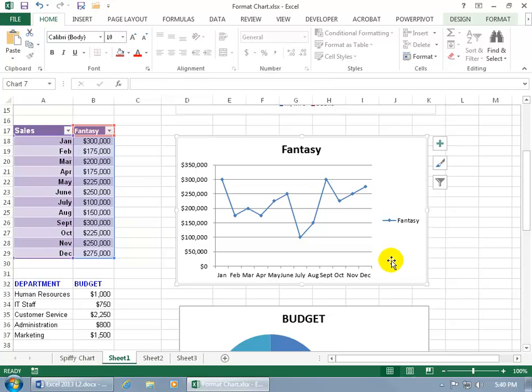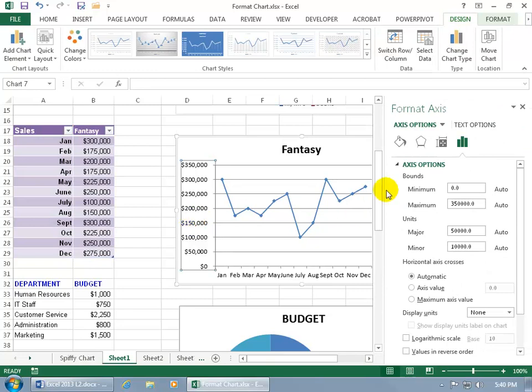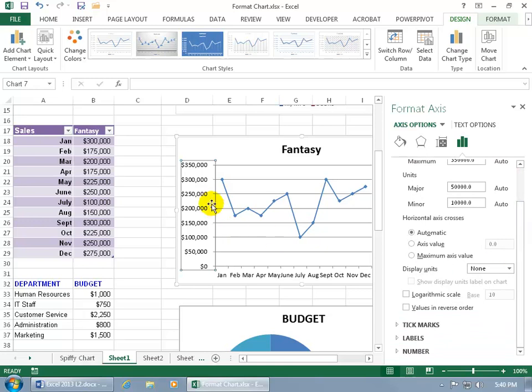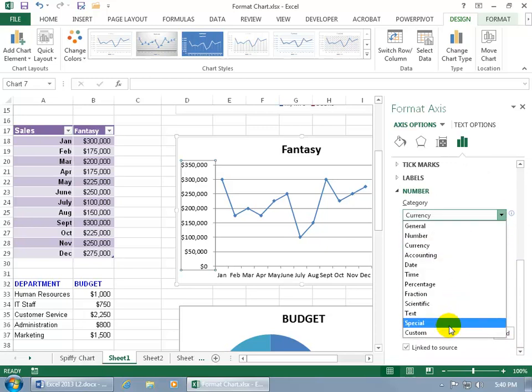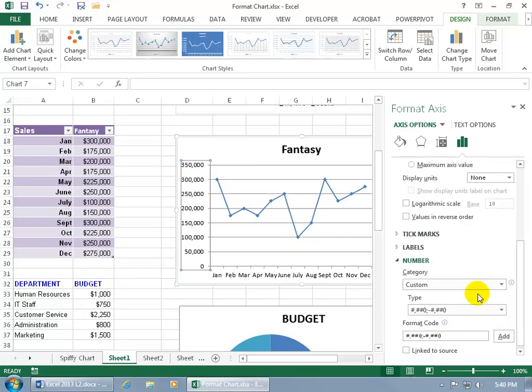To wrap this training video up, let me go ahead and double click on the value axis. Now we can of course do a fill, line, effects, size and properties. We also have the axis options here. Since we have numbers there, let me expand it and scroll down. It's in currency, but you can also do your own custom number format, and I'll just go over a simple